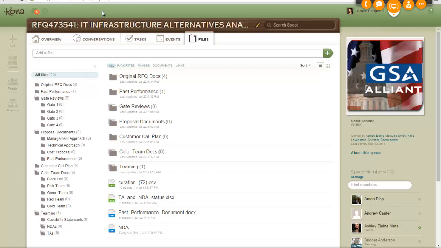So in this section, I broke it down with a past performance folder, and all the documents in here are actually just blank documents or blank spreadsheets that I just renamed as things. So you can host your past performance. As you see, I broke it down to gate reviews and then a subfolder for the various different gates, proposal documents, call plan, color team documents, and then all teaming documents. So it's a great